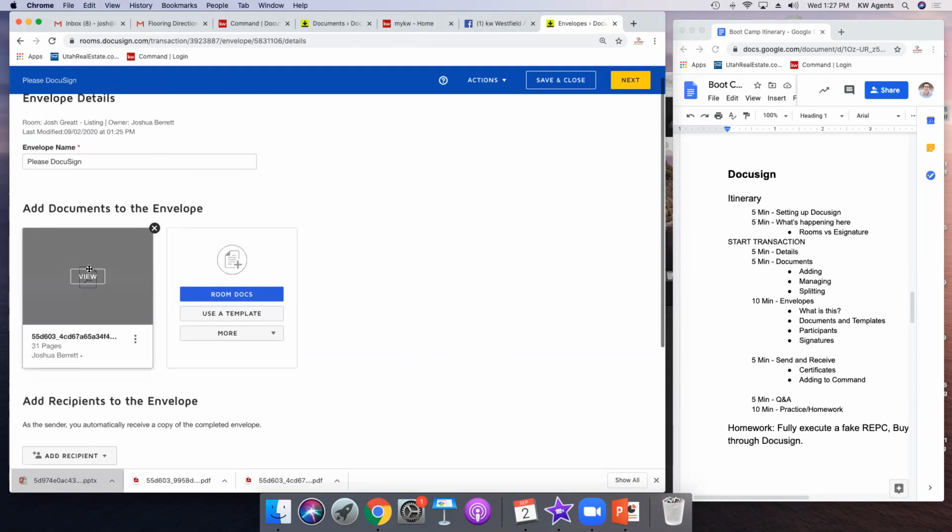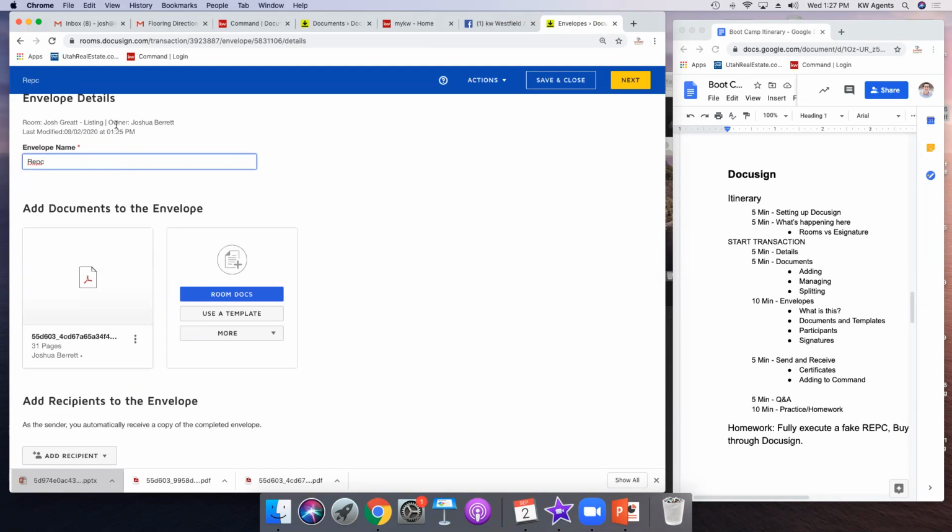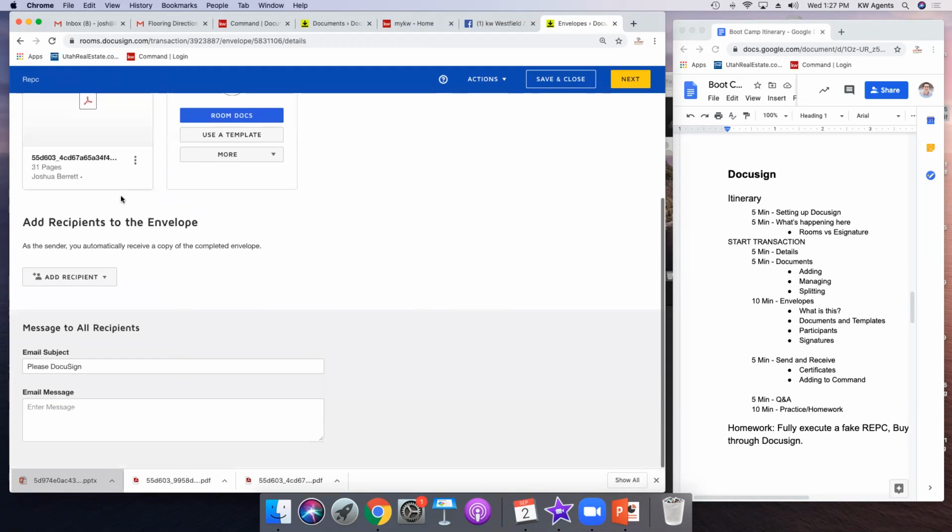Okay. So you've got a document here. Your envelope name is just for your reference. This is just remembering what the envelope was for. So we'll pretend like this is a REPC. So I'm going to name it REPC. Actually,